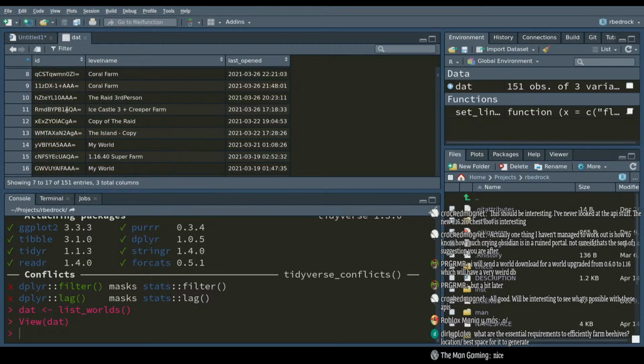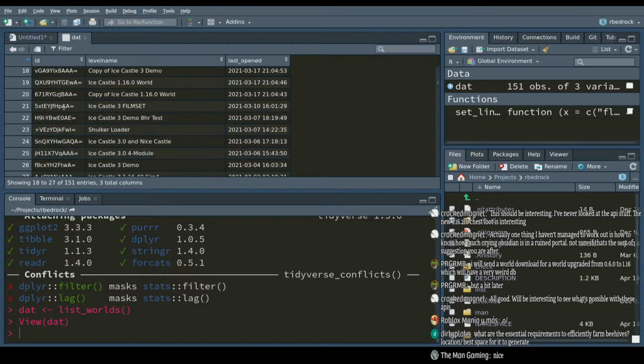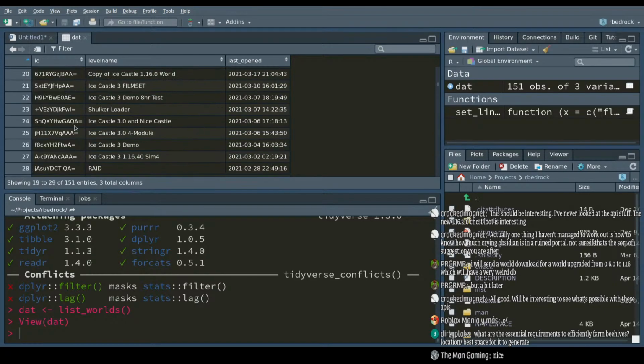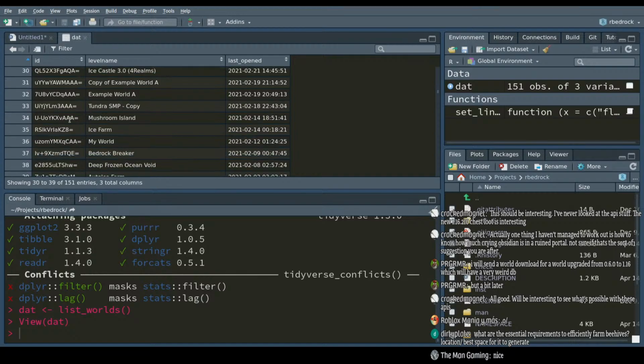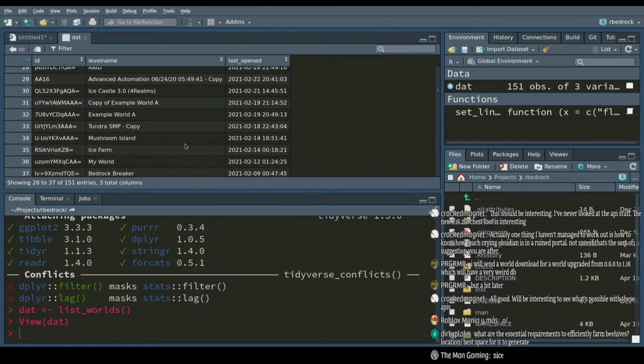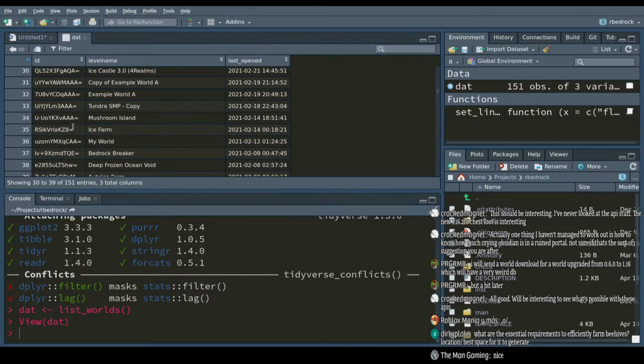So let's go to one of my larger worlds. It has a lot of stuff in it. I'll work on Tundra SMP. That's sort of a world that me and my kids play on. So I'm gonna come in here, highlight the ID and copy it,